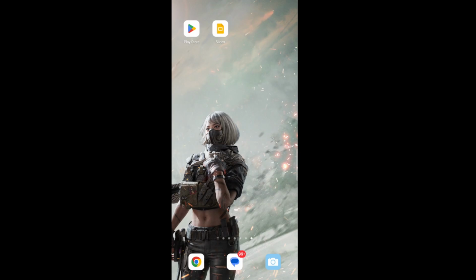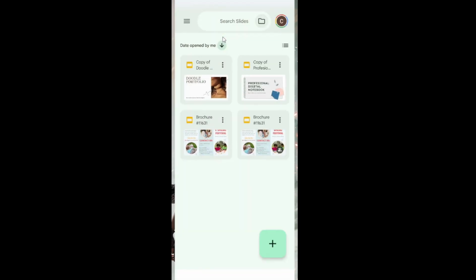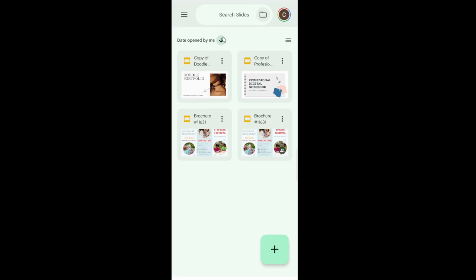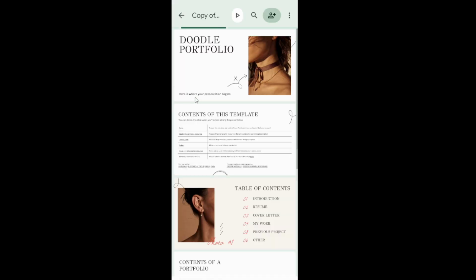Whether you're on a phone or a tablet, start by launching the Google Slides app on your device. Give it a moment to load your files, especially if you haven't opened the app recently. A stable internet connection helps the thumbnails appear quickly, but if your deck is already synced, you're good to go offline as well.